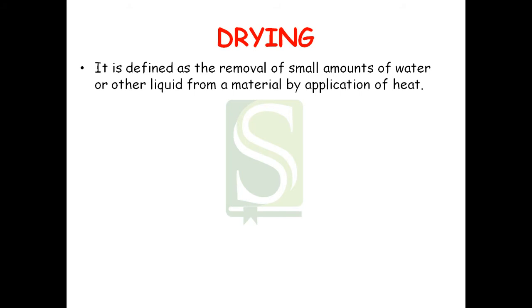The material which is to be treated contains both the solid and the liquid. When you first apply the mechanical process, then you will have to shift to heating or the thermal process. At that time, the material contains a very small amount of liquid. But methods such as spray drying are available in which the solution and the suspension can be processed for drying in one operation itself. That means you don't have to shift between the mechanical and the thermal process.